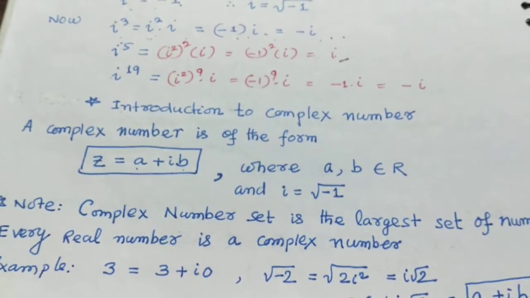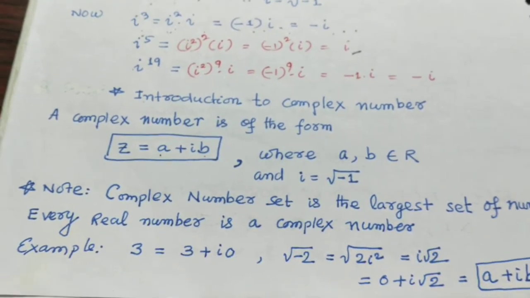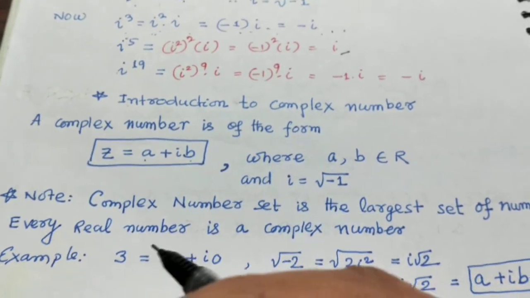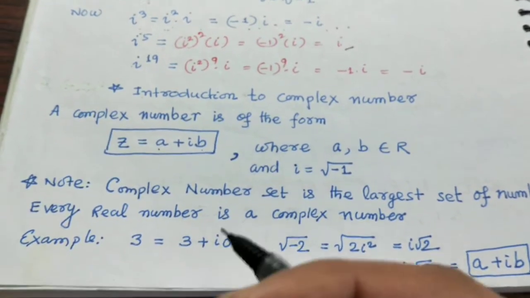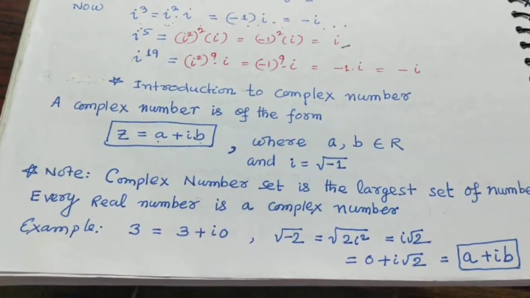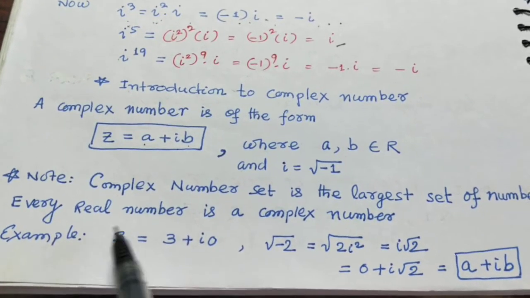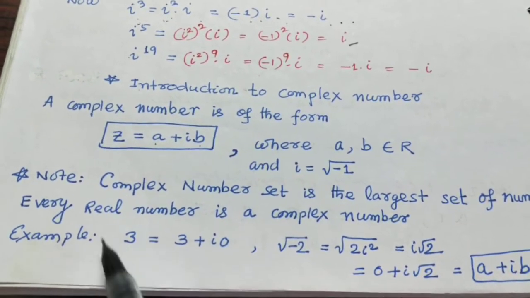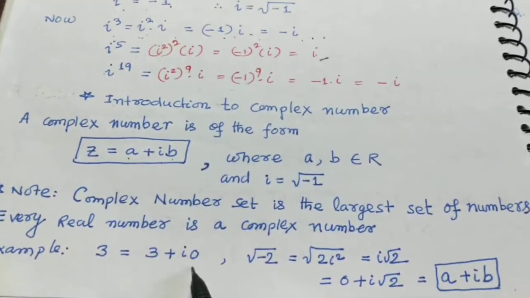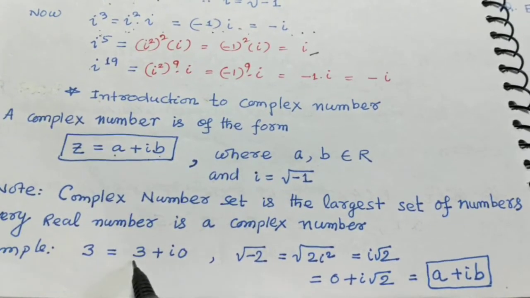Starting from natural numbers, whole numbers, the set of integers, rationals, irrationals, containing all those real numbers, every real number again comes inside the complex numbers. If you draw a Venn diagram, the complex numbers will be the universal set. So for example, 3 is a real number, a whole number, a natural number, and it can also be expressed as a complex number. How? 3 plus eta into 0. The imaginary part is absent here; the real part is 3.